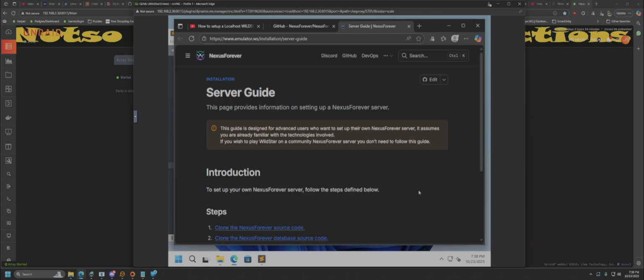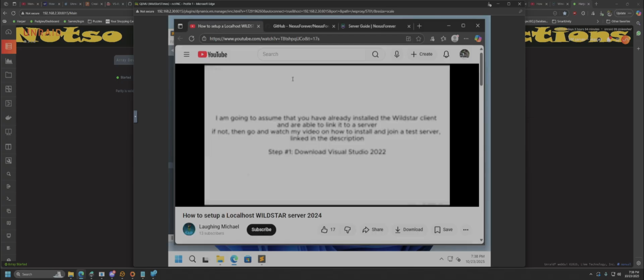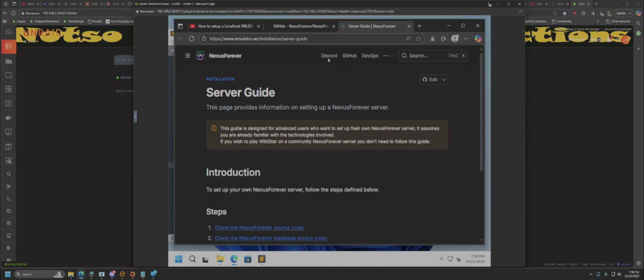I don't know how many different iterations of this I've tried. I've tried Linux, I've tried Windows, and I've created new virtual machines every time. I could not get this working. There's a guy who created a video here on how to do it, and I finally broke down and joined the